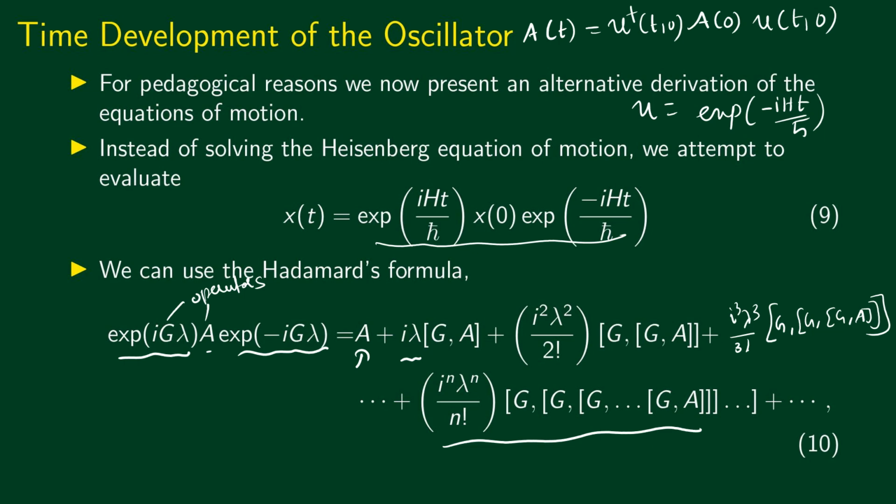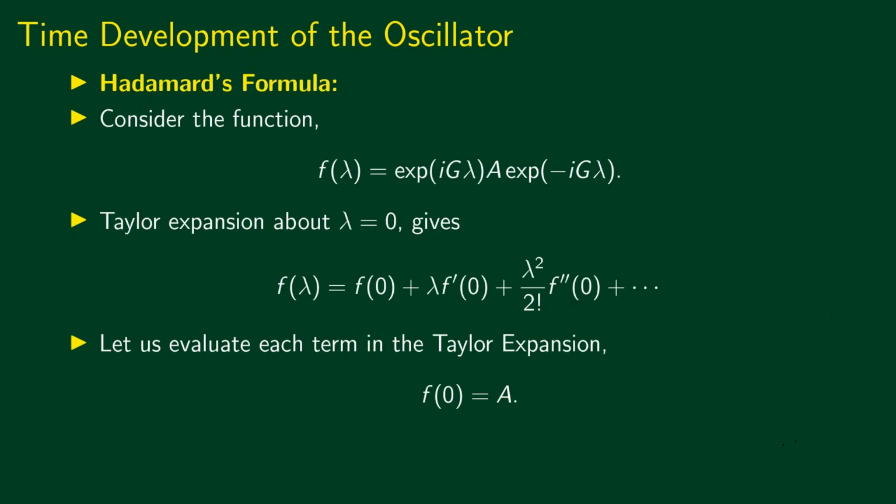Now, before using this lemma, let's try to prove it. There are different ways to prove Hadamard's formula. One way would be to expand the exponential here and here, carry out the multiplication, and show that the terms are the same as the terms that we wrote down in the expression previously. Let's do it in a slightly different way. We shall consider this as a function of lambda, f of lambda, and then take a Taylor series expansion about